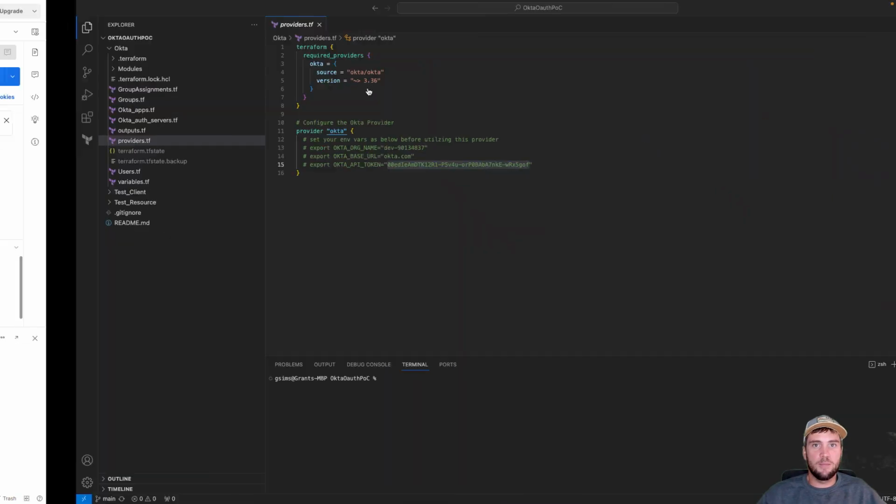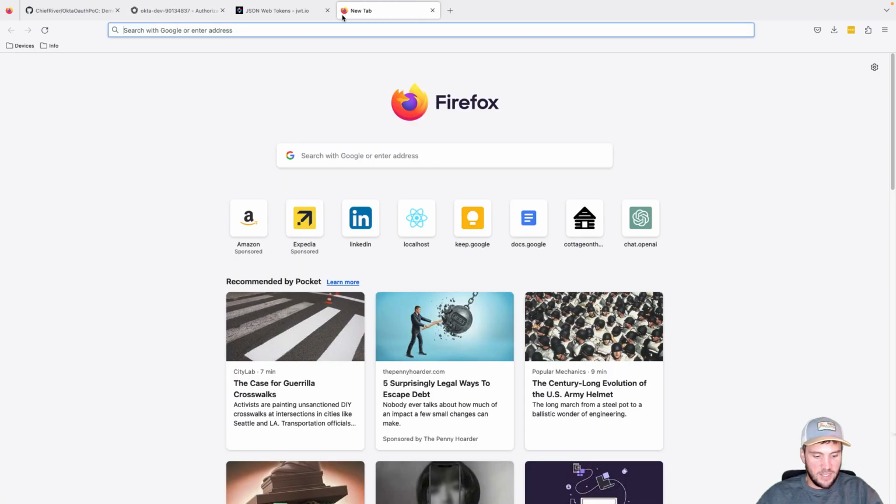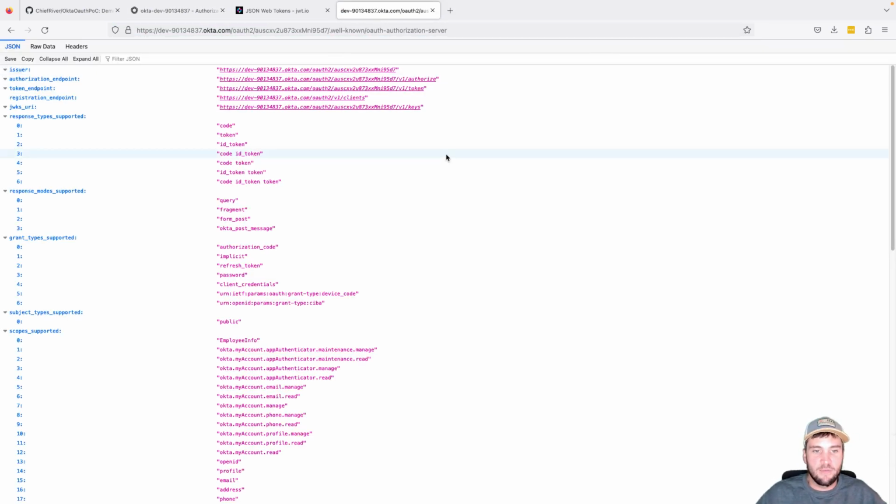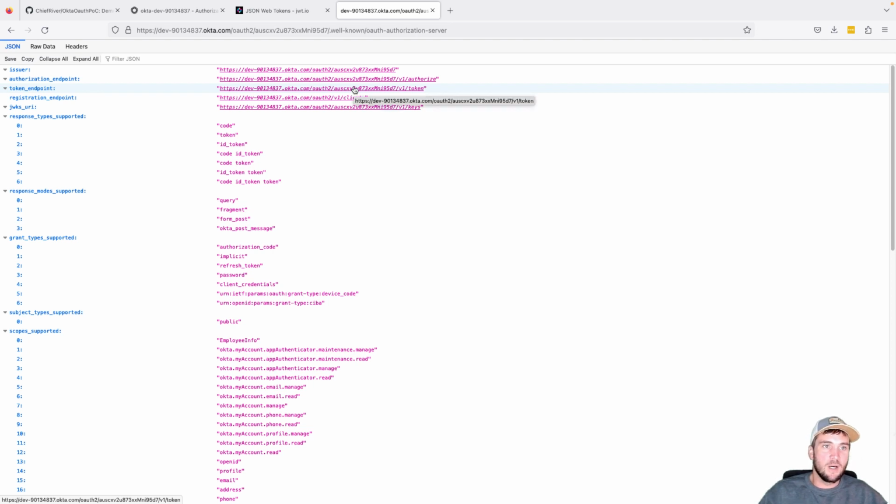So just for example, I can paste this well-known endpoint into the browser, and it's going to tell me everything I need to know as a resource or someone configuring a resource: who's the issuer, what is the authorization endpoint, what is the token endpoint,